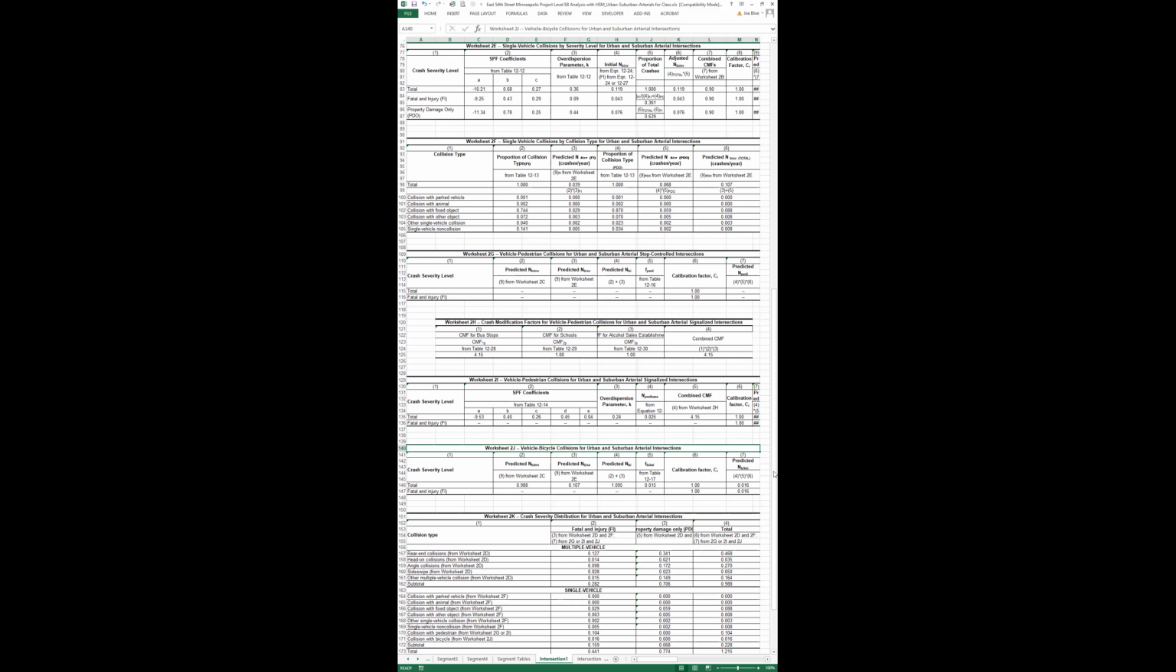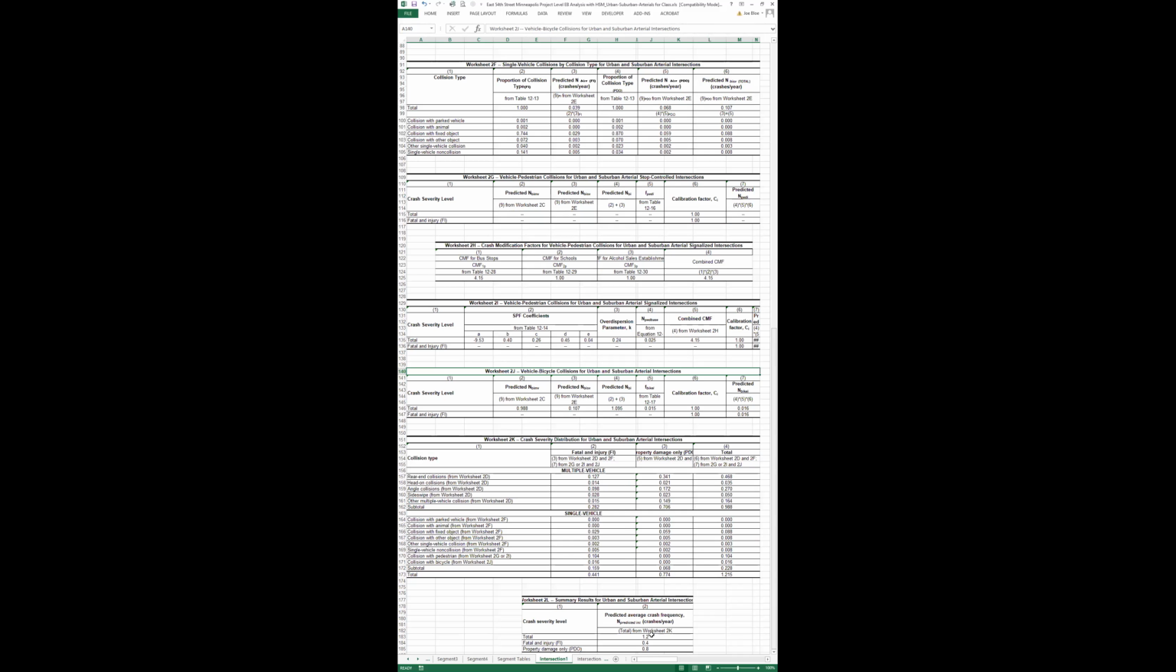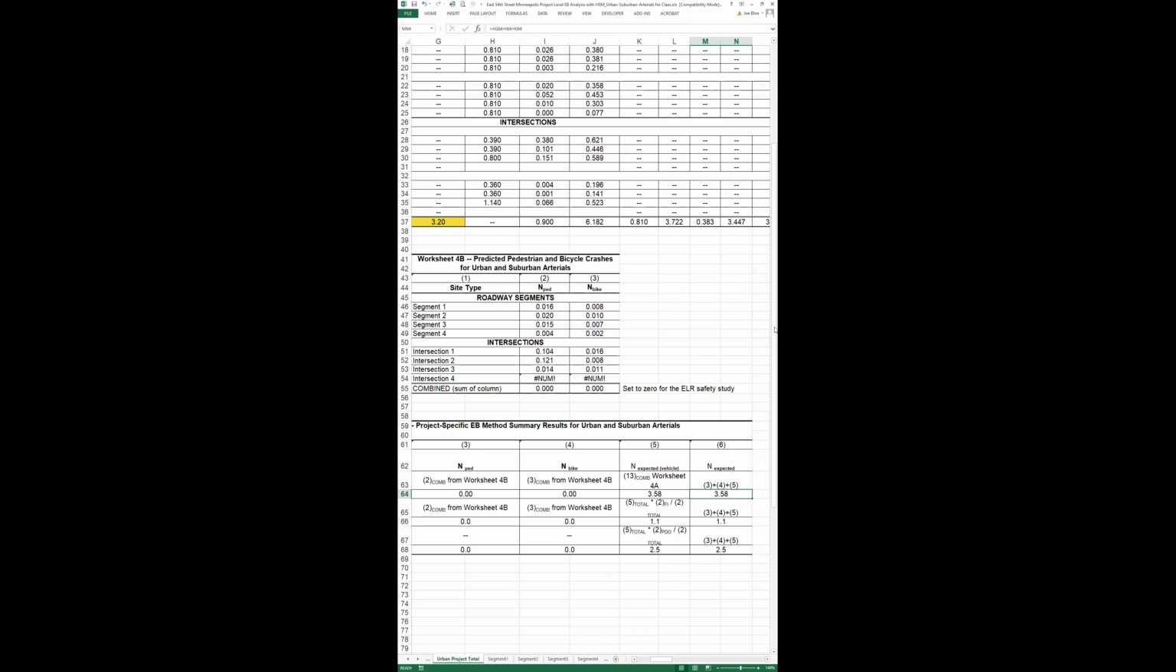Let's see. And then we get into the summary worksheets, 2K and 2L. 2L is where we get the total predicted crash frequency, crashes per year. And again, that's bumped back up to the urban project total worksheet here,